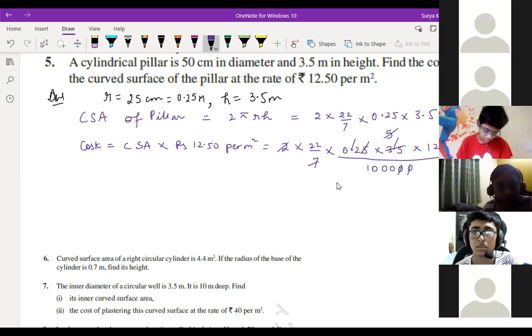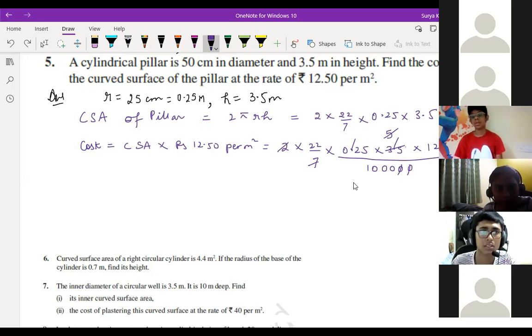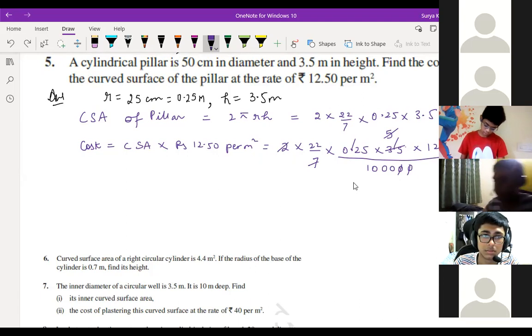Where did we cancel off the decimals? Where did we cancel off the zeros and the 10,000, 100,000? If you remove that 0 from the decimal, 0.25, 3.5, 12.50, where did we cancel off those, sir? When we divided by 100,000, did we cancel them? Yeah. Okay. Now we are cancelling this 0 and 0. 5 2s are 10 and this 0 will get cancelled. Now 25, 25 4s are 100. 40 will come. Correct? Till here are you having doubt?